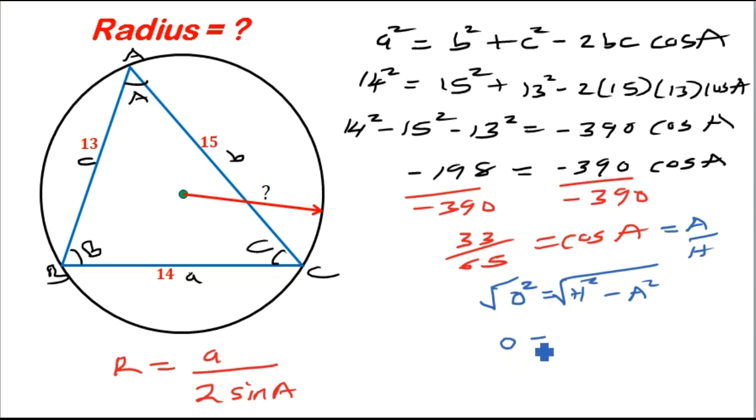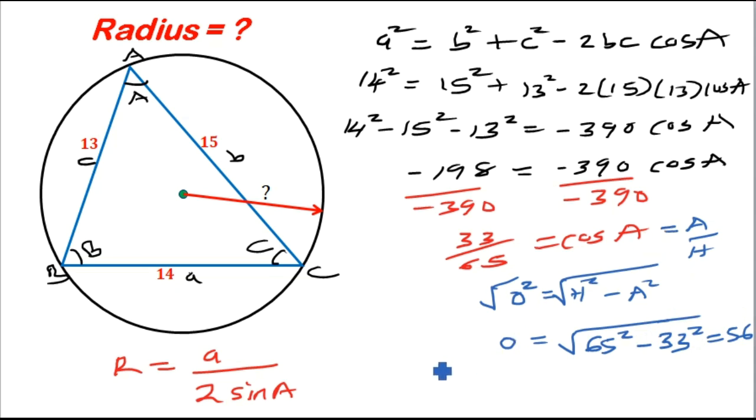So the opposite side will be the square root of hypotenuse squared minus adjacent squared. The hypotenuse is 65, because cos A is adjacent over hypotenuse. So that is going to be 65 squared minus the adjacent, the one on top, 33, so minus 33 squared. So the square root of 65 squared minus 33 squared, you get the opposite side to be 56 according to trigonometric